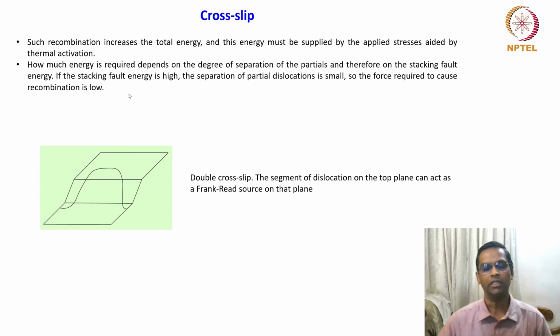So when such a system prevails, no partial dislocation will stay stable. This is the idea we have to remember. Later we will use this criteria, and when we connect the stacking fault energy with the deformation behavior and classification, you will see that we will classify materials based on this